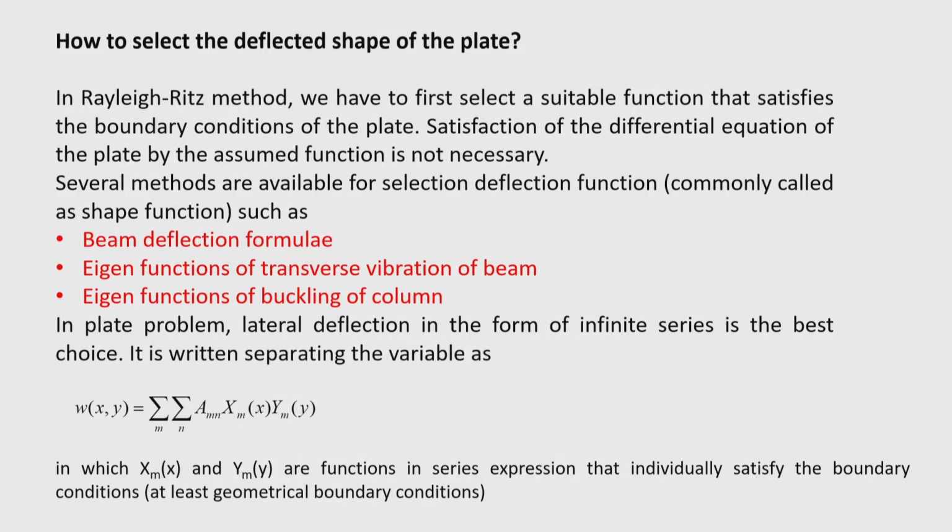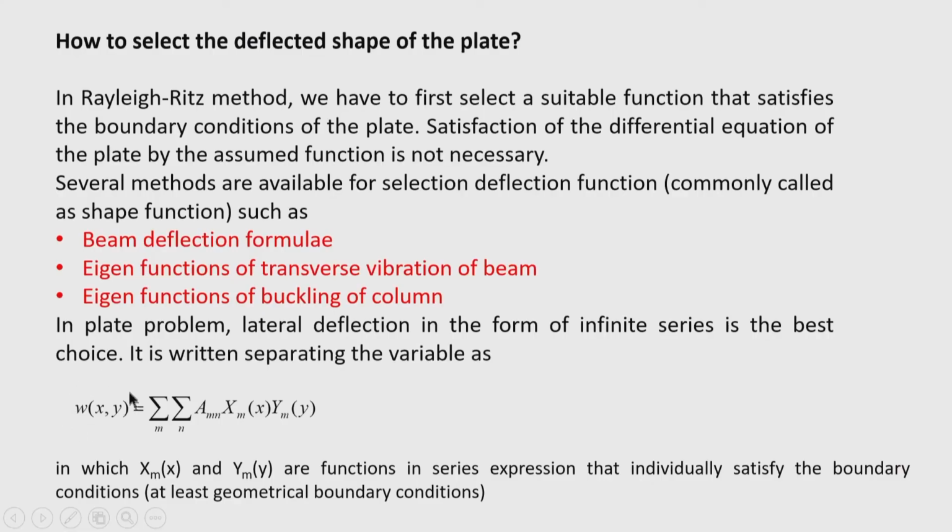Suppose, we are now focusing on the plate problem. If you look at the plate deflected surface, you will get a function in x as well as a function in y. In the beam deflection formula, if you consider the deflection of the beam in one direction, you can take this formula satisfying the boundary conditions of the beam. In the orthogonal direction, if the boundary condition of the strip of the beam is different, then you can take another function in terms of y. So, the separation of variables is possible.